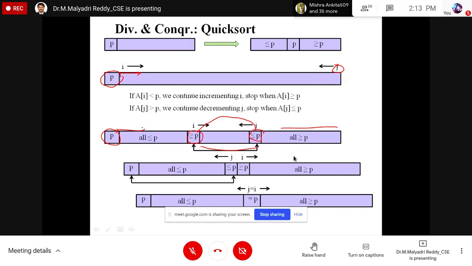So automatically the small element comes to the left side and the greater element goes to the right side. The same process repeats. Whenever the i value crosses the j, at that time the j position value is swapped with the pivot element. The pivot element is swapped with this small element at j. So finally what do we get? In the middle we get the pivot element, which is already sorted. So we have two sub problems, one is the left sub problem, one more is the right sub problem. Again the same concept is applied in the sub problems using the divide and conquer method. Finally you get the sorted array. This is the concept of quicksort.